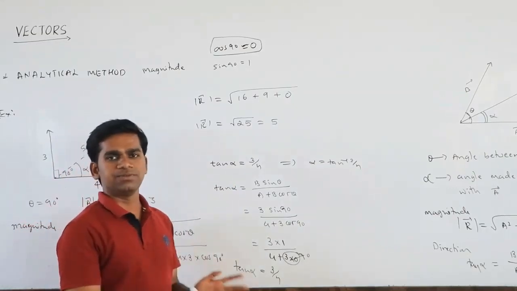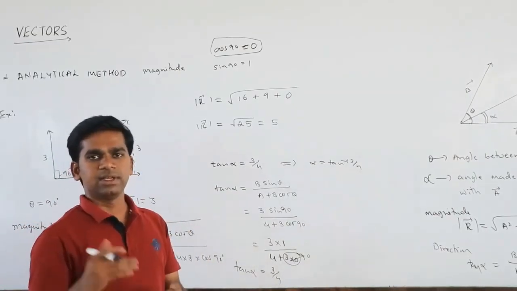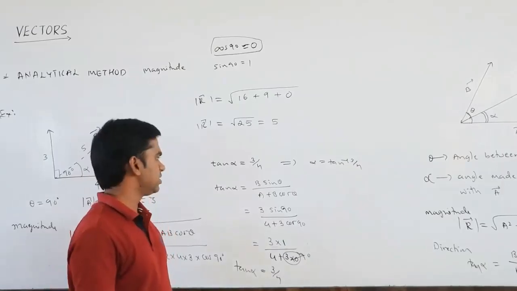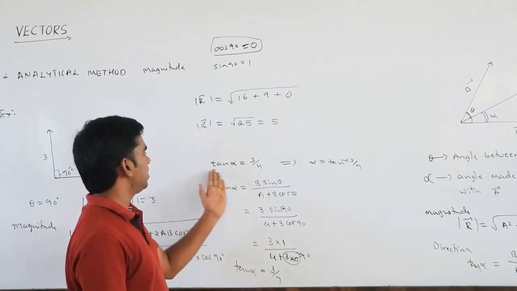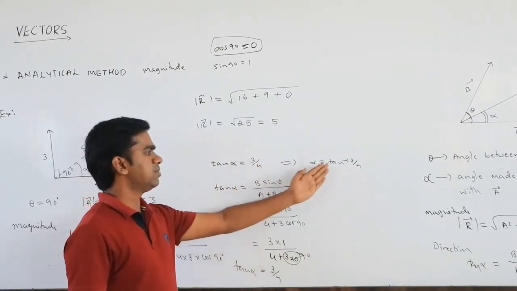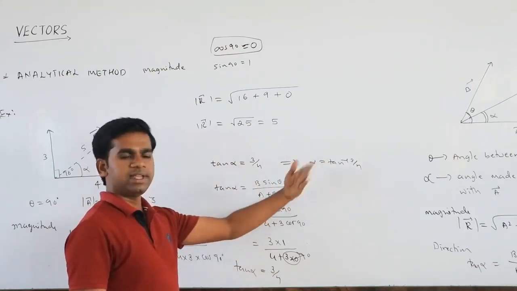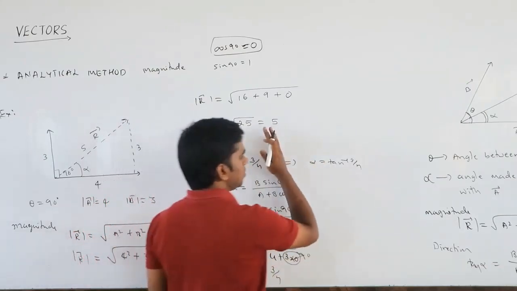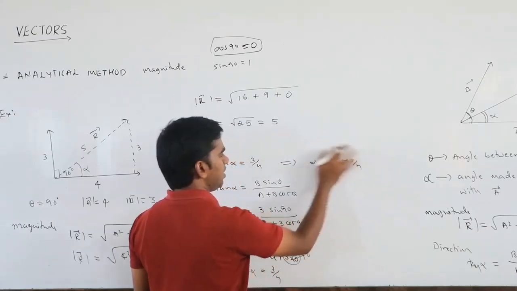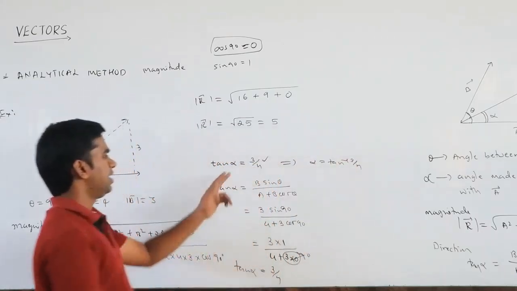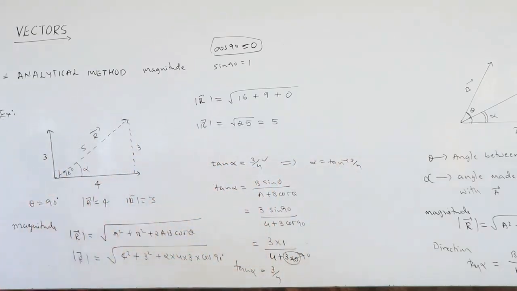As of now, we don't know how to find the angles, and a log table is required. So for now, you can simply write tan alpha equals 3 by 4 or alpha equals tan inverse of 3 by 4. Don't worry about this one. These kinds of examples we can